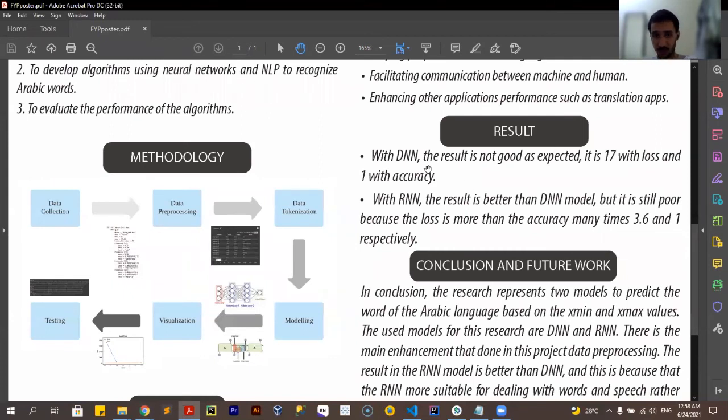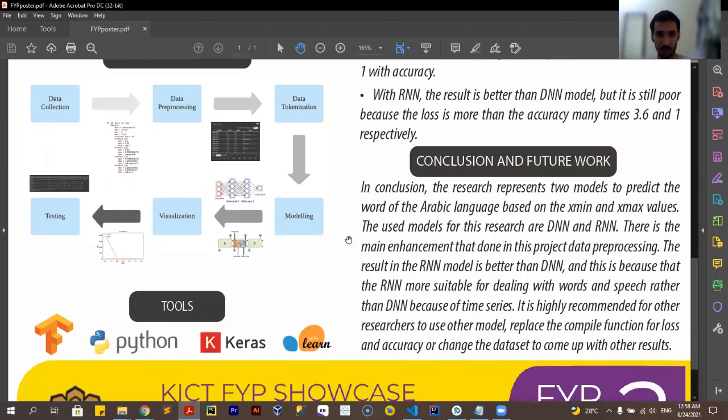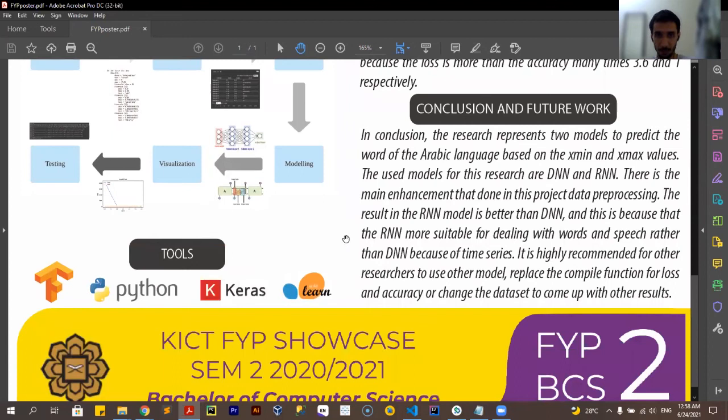For the results, the DNN result is not good as expected. It is around 70 for the loss and 1 for the accuracy. The RNN result is better than DNN, but it is still poor because the loss is more than the accuracy, many times, at 3.6. For the conclusion and future work, this research presents 2 models, RNN, recurrent neural network, and